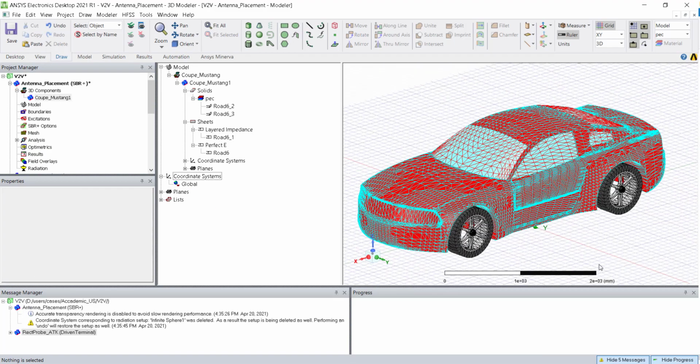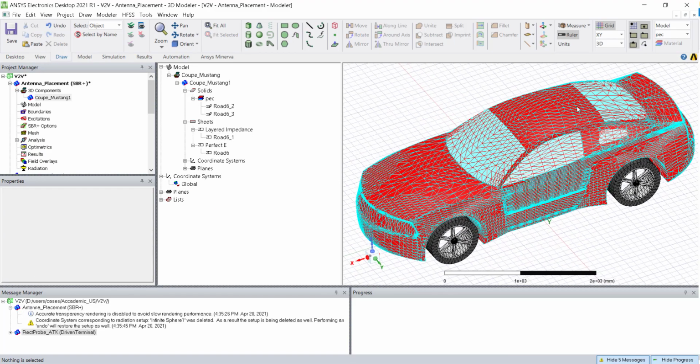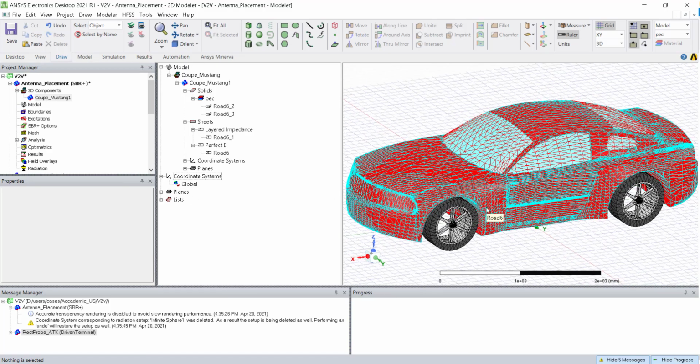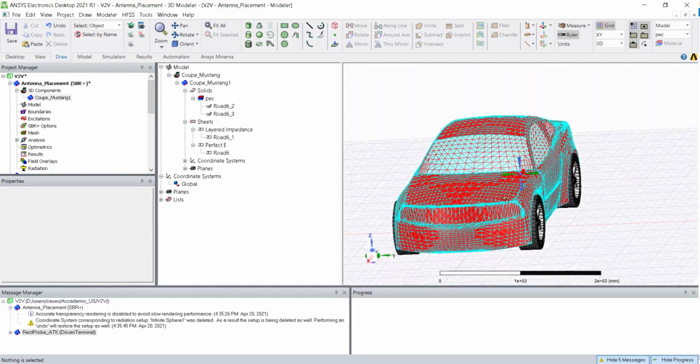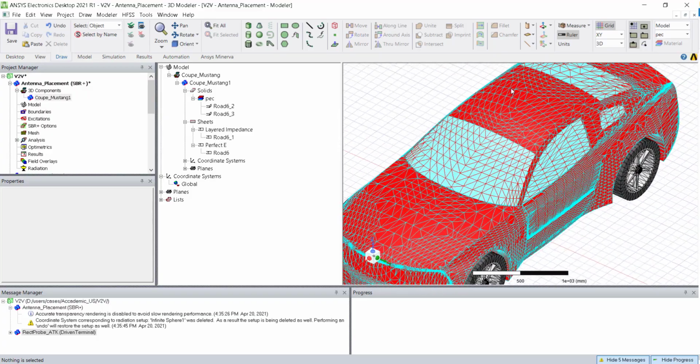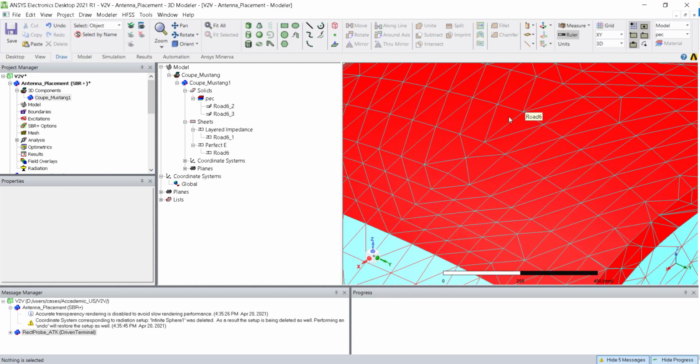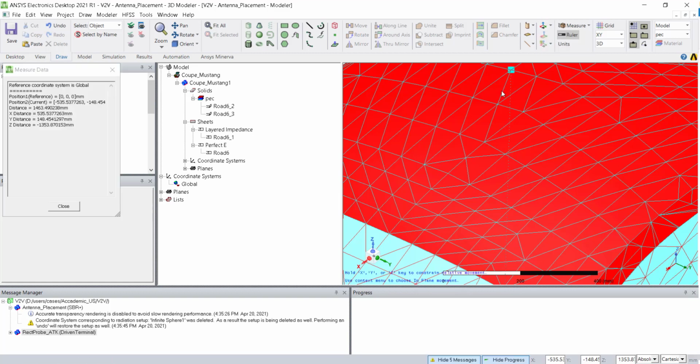My idea is to keep the antenna over here and see how the installed antenna pattern will look. For that, first of all, we imported this car body as a 3D component model, and we are going to place one coordinate system on top over here.